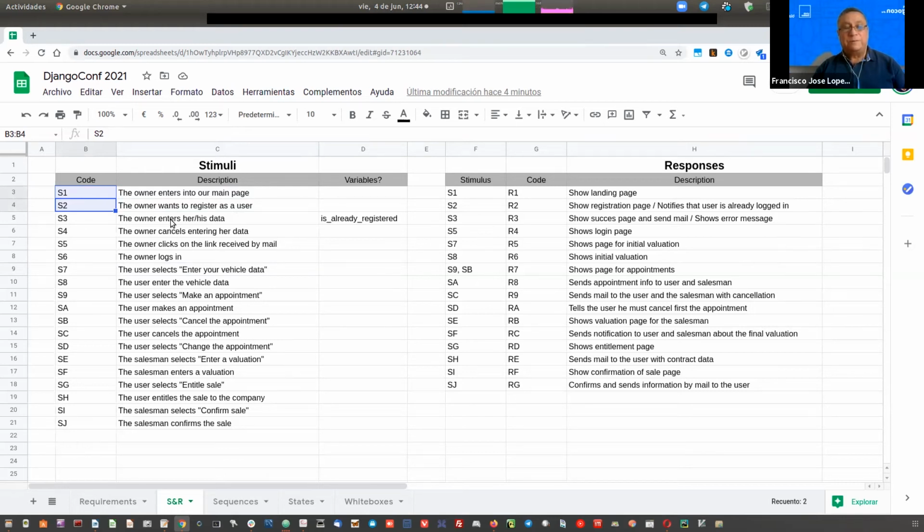But if we consider 3, then we have 3 possible stimuli, and we have to take into consideration that the order could change. For example, stimulus 2 could be at the beginning, or stimulus 3, and we talk here about permutations. And if we only have 10 stimuli or inputs, and we consider 2 at a time,